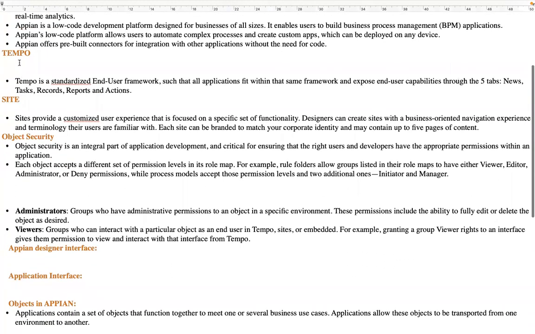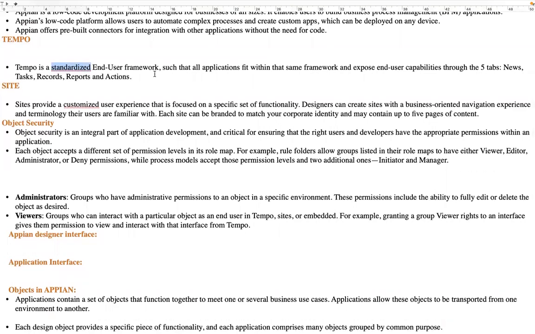Next, as I showed, Tempo is a standardized end user framework which has five tabs. This is the standard framework, and we can't change anything in it. It is given by Appian to the developers. We can't change anything except the look and feel, like colors.